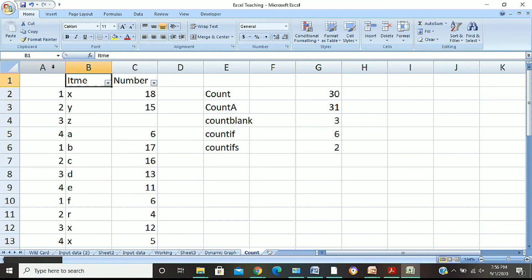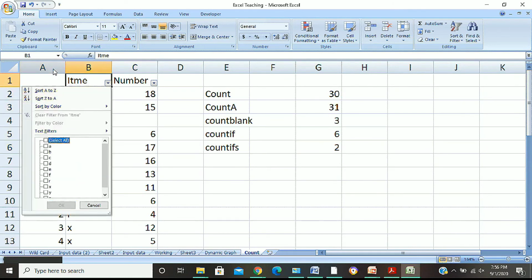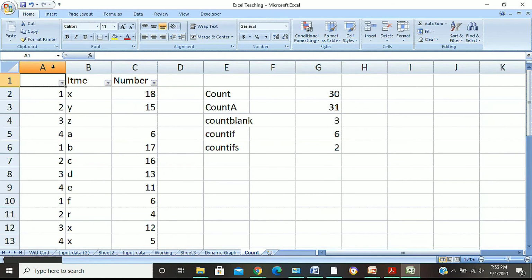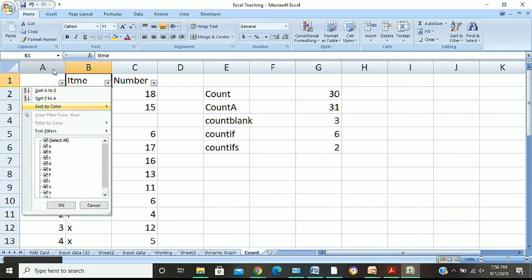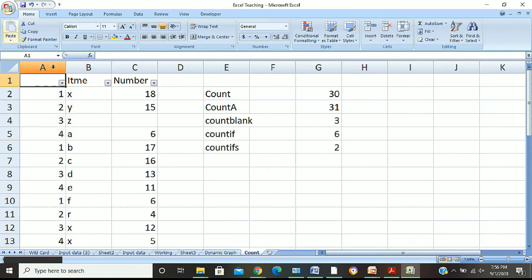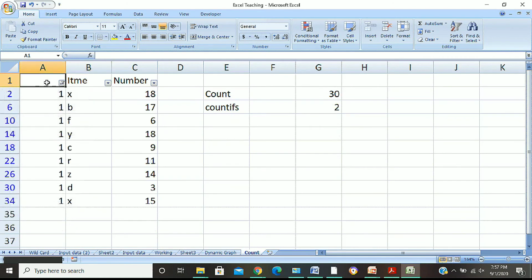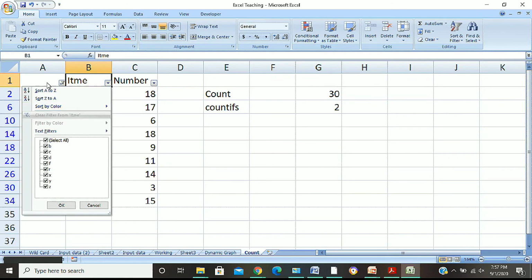Let us see whether it is correct or not. Now if I filter with x for this column, then we have 6, but if we filter the second column, it gives us... sorry, 1 is there many times, but x and 1 together are there only twice.